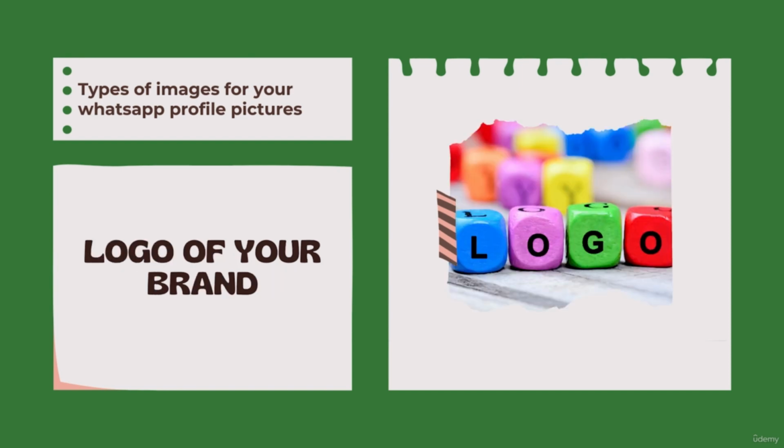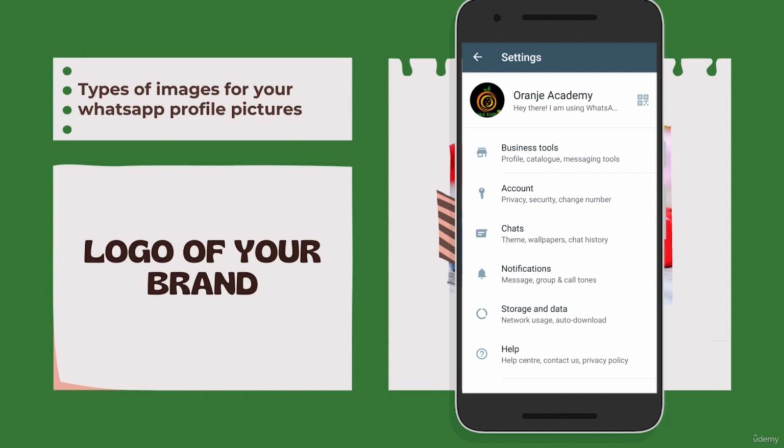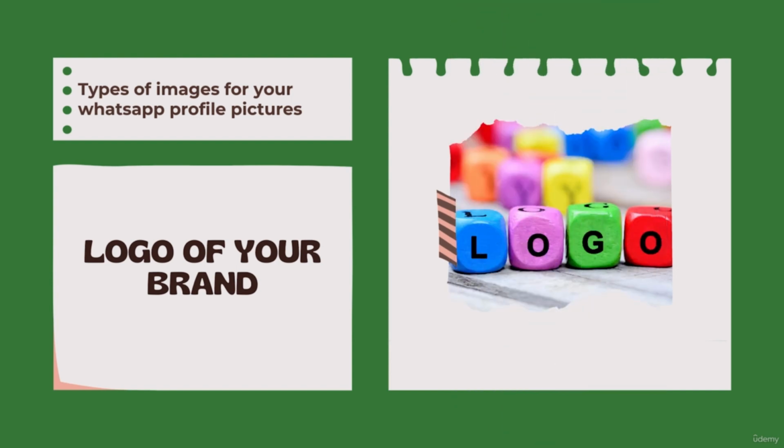Number 2 is a logo of your brand or a logo of your business. As shown here, the image I'm using as my profile picture is the logo of Orange Academy. So this is very suitable for all types of businesses. Now, if you do not have a logo yet, then not to worry. You can log into